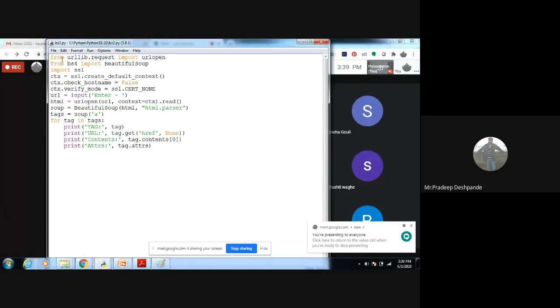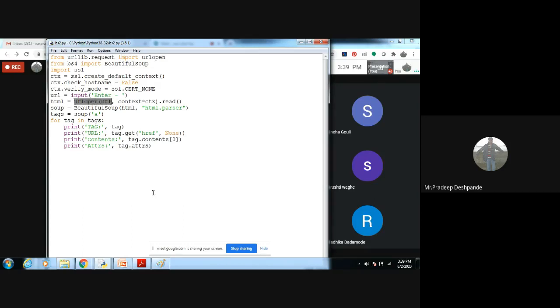As I said, the first three modules are urllib.request. In that we are importing urlopen. See what the difference is: in the previous program, we just imported urllib.request, then we used the urlopen function. Can you see the difference? Here we have imported from urllib.request the urlopen, and then we use the urlopen function directly.